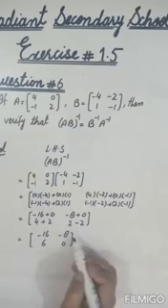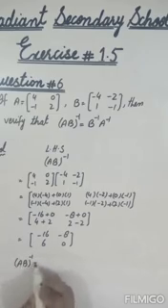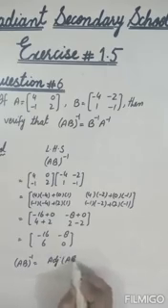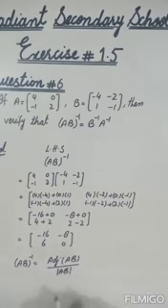Now we have to find out the AB inverse. You know very well the formula of multiplicative inverse: (AB) whole inverse is equal to adjoint of AB divided by AB determinant. So for multiplicative inverse, first of all we have to find out the determinant. We are having AB is equal to [-16 6; -8 0].